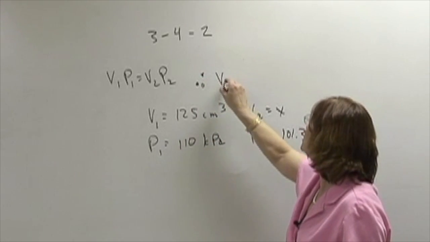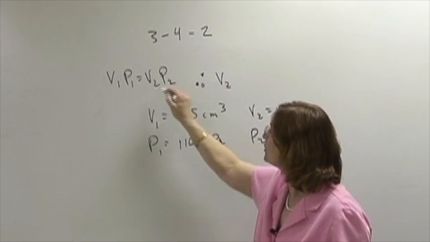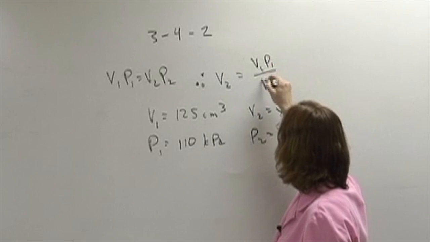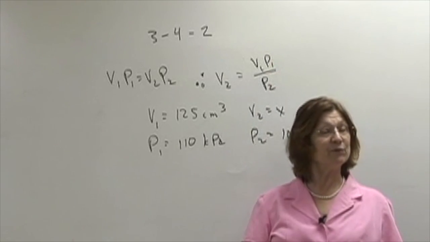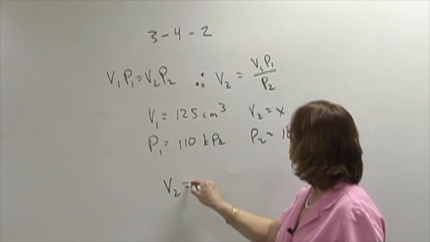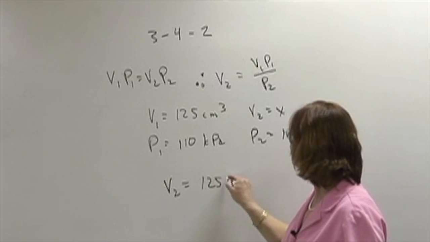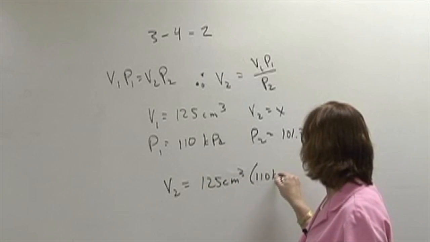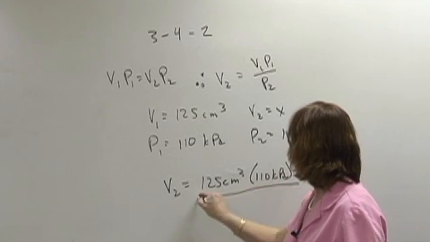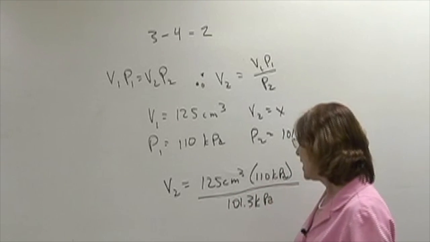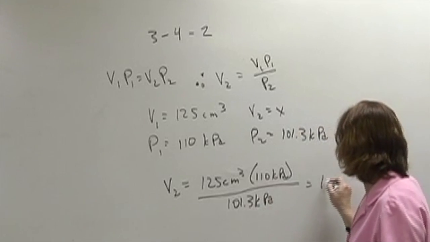Now, it is very important that you rearrange your equation for your unknown. Therefore, V2, in order to undo multiplication, I'm going to divide. And once I've rewritten it, solving for my variable, I just put in the numbers. Therefore, V2 is 125 centimeters cubed times 110 kPa divided by 101.3 kPa. And when I do the math, I get